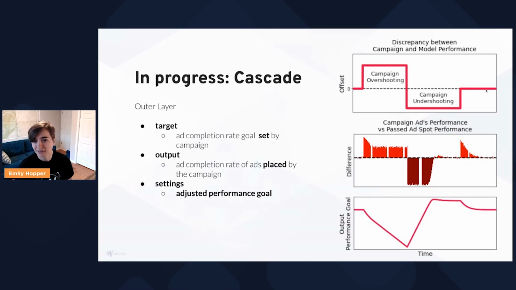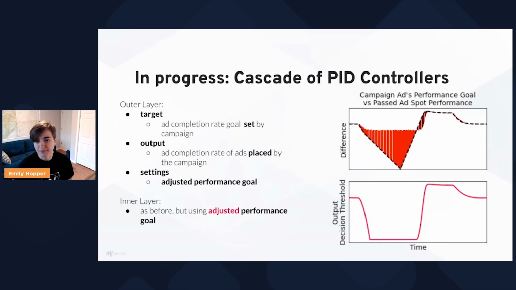And you can see as well, when it goes back to what we expect, that actually requires another adjustment, because the beauty of these feedback loops is they adjust to whatever the world looks like at the moment, right? There isn't this preconceived notion of zero being important. So the setting that we're able to alter here is the adjusted performance goal. And we use that as the